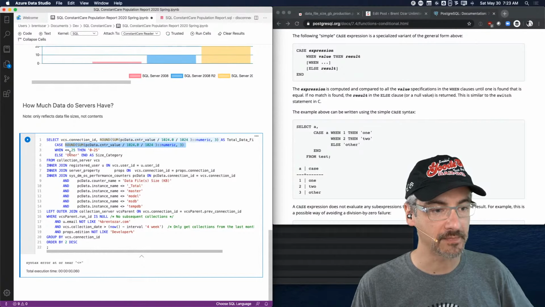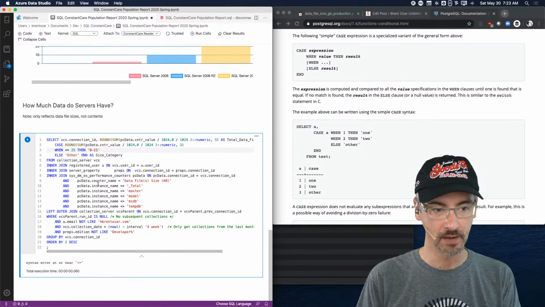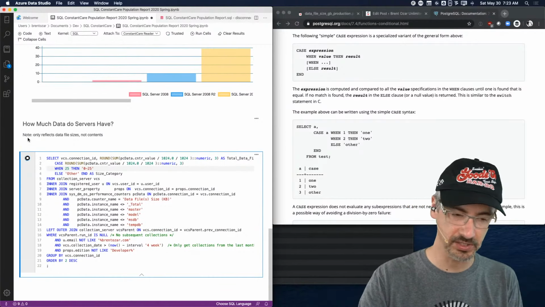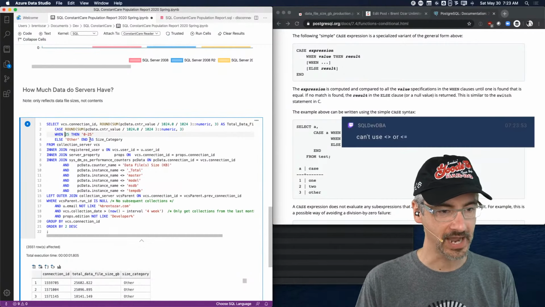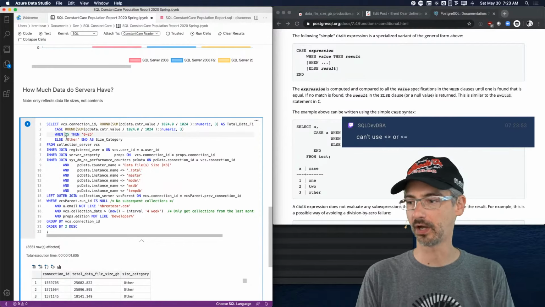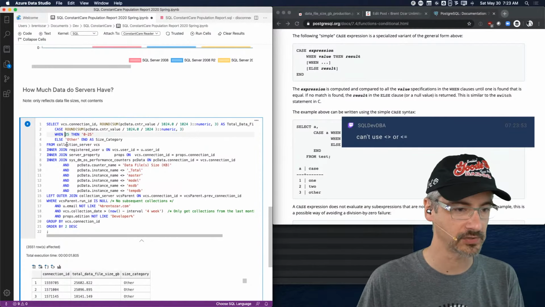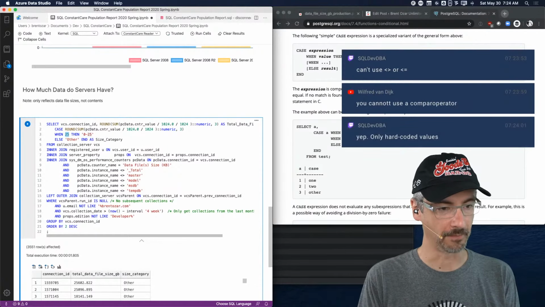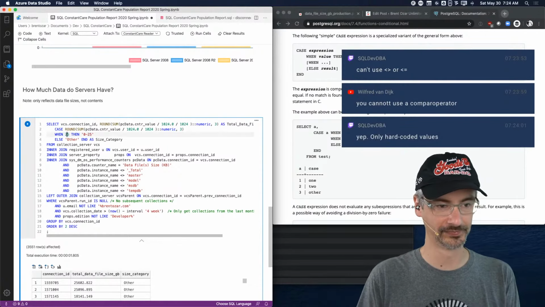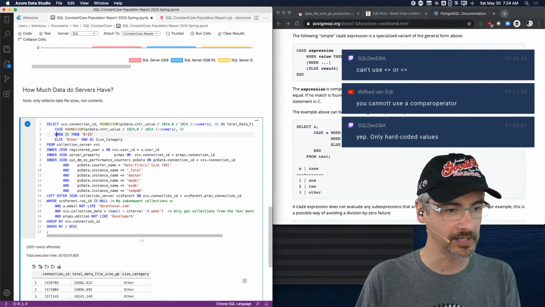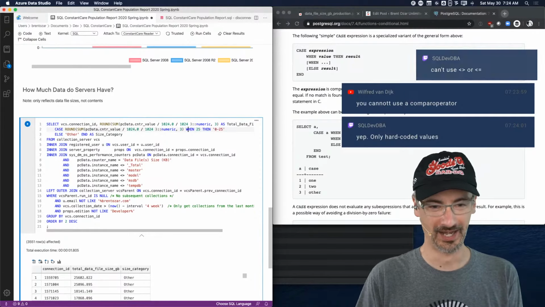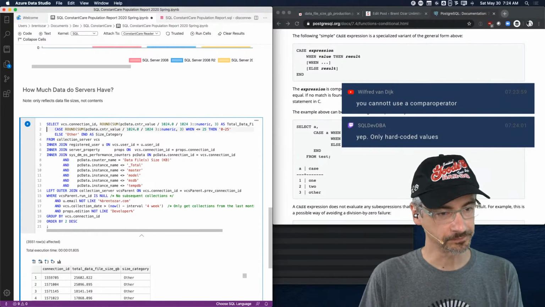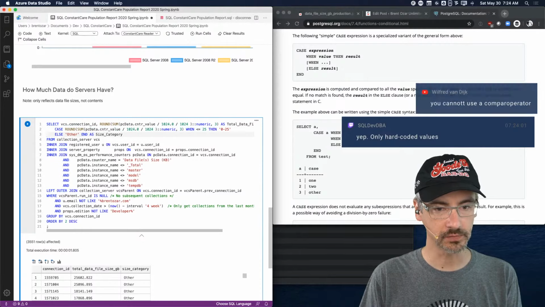Oh, maybe it doesn't let me do less than or equal to. Maybe it only does specific values. Oh, that sucks. SQL Dev DBA says you can't use greater than or less than. Postgres, you suck. What kind of comical database is this? I love SQL Server. Less than or equal to 25. All right, so in that case, we'll just